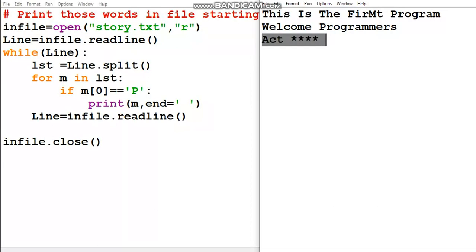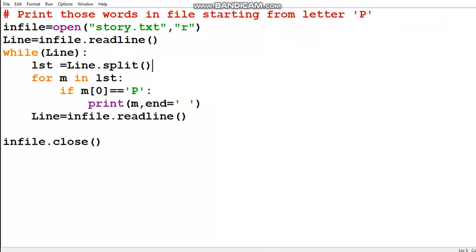Now again we'll go to this part, file.readline. So a blank line will be read over here, and there is empty content, so the while loop will be terminated, and hence both the loops are over. Now file.close, to close the file pointer, and then we'll see the output. What is the output of this program?